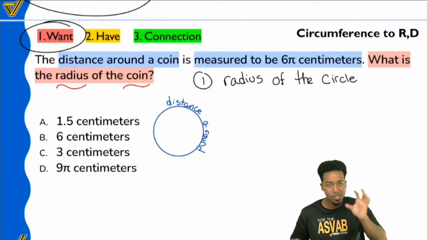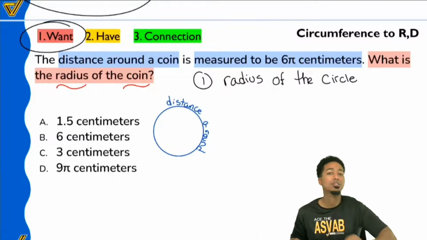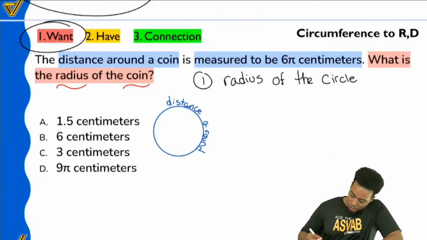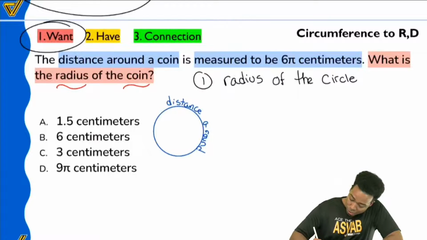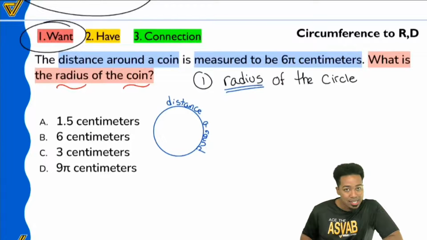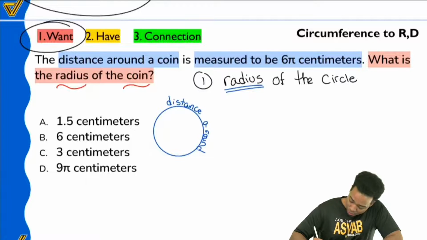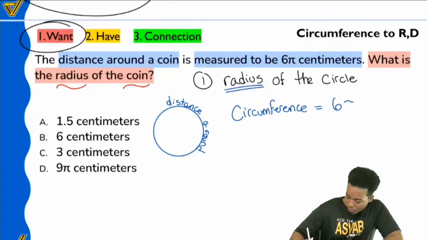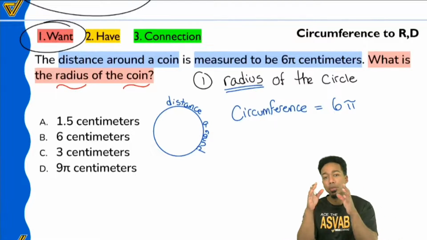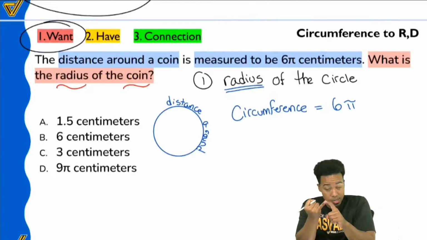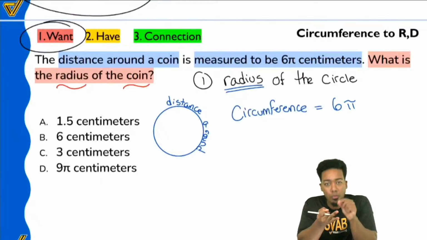Circumference. This is how you know that you're dealing with circumference. You're dealing with the distance around a coin. And since you're looking for the radius and you're given the circumference, the circumference is given to you as 6 pi because you want to find the radius and you're given the circumference. I'm going to use the formula of the circumference of a circle, the radius version of it,